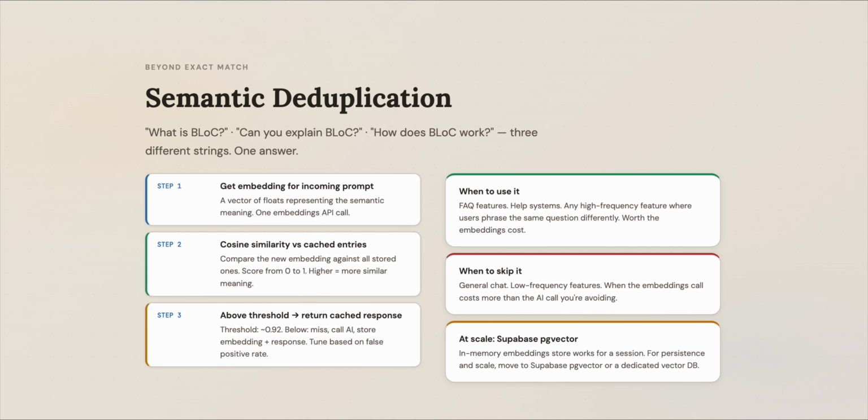This requires an embeddings API call, which costs tokens, so the economics only make sense if the prompt is likely to be asked frequently with variations, or the cost of the embeddings check is less than the cost of the AI response, or the latency for the embeddings check is acceptable. So for most Flutter apps, don't implement semantic deduplication yourself. Instead,